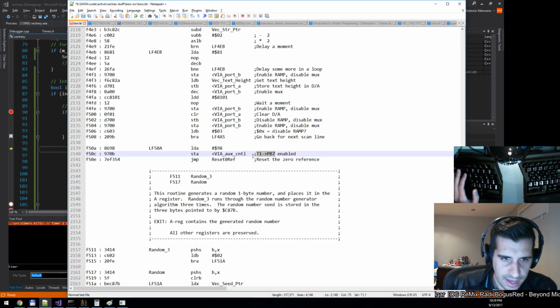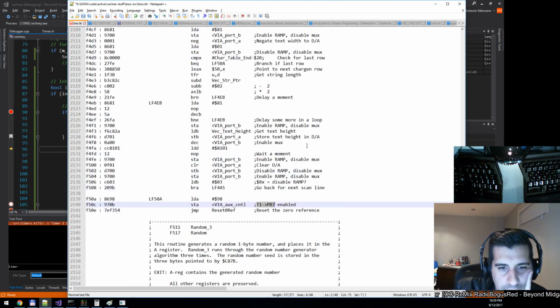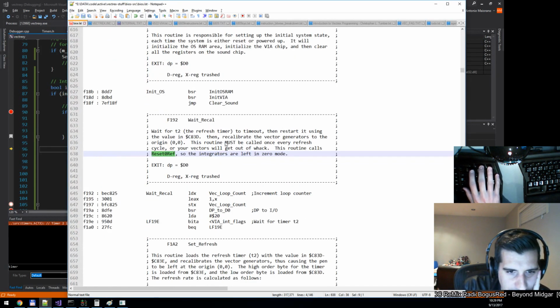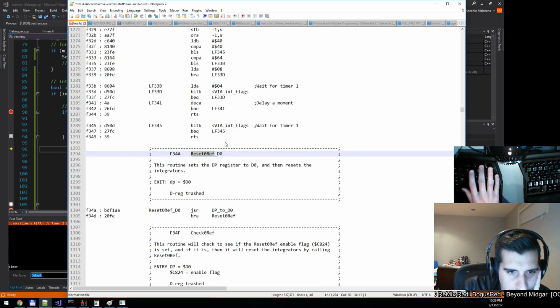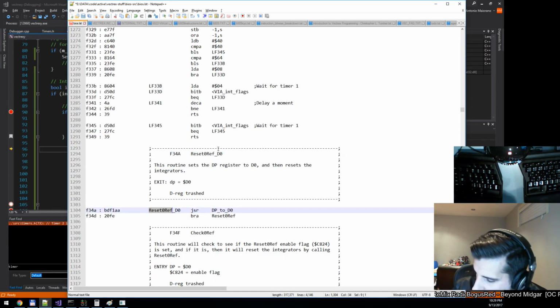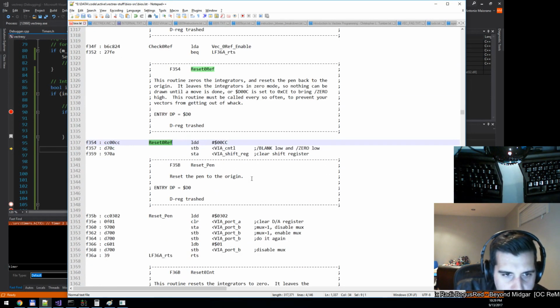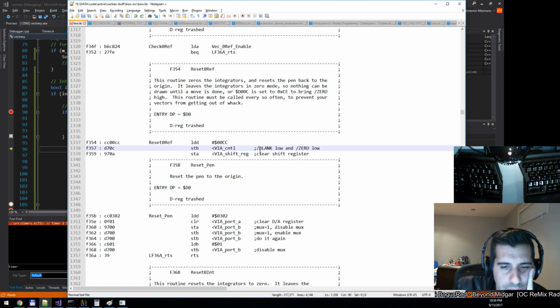So either I yank that out. I just want to make sure that I'm not crazy here. Let's go back to the reset 0 ref. That might answer some questions. Here. Blank 0 ends. So blank low and 0 low. Clear shift. Clear DA. See, like nothing here